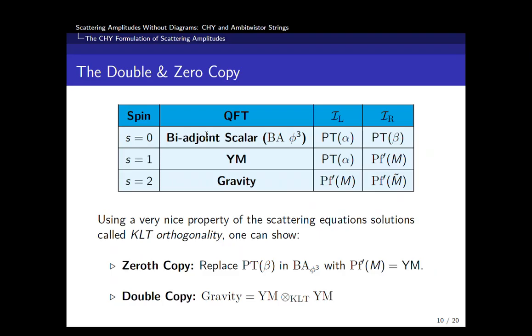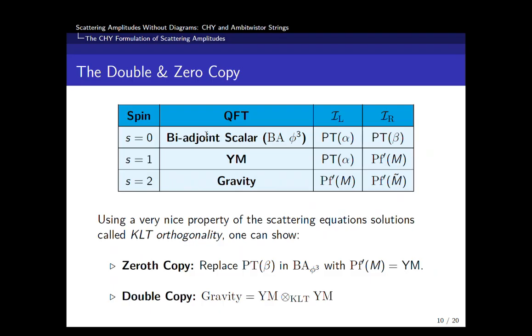Let's look at a little table. I'm going to introduce the 0th copy and the double copy, which we've heard a lot about today. So let's look at a spin 0, a spin 1, and a spin 2 theory. The spin 0 theory, a scalar theory that we get out of CHY, is actually the biadjoint scalar theory. It came out of this formalism. It's the quantum field theory behind the associahedron, and has only planar diagrams, so you can do nice combinatorics with Catalan numbers. When you put in 2 Parke-Taylor functions here, you get a scalar field theory. Now, if you replace a Parke-Taylor with a Pfaffian, you get Yang-Mills theory.